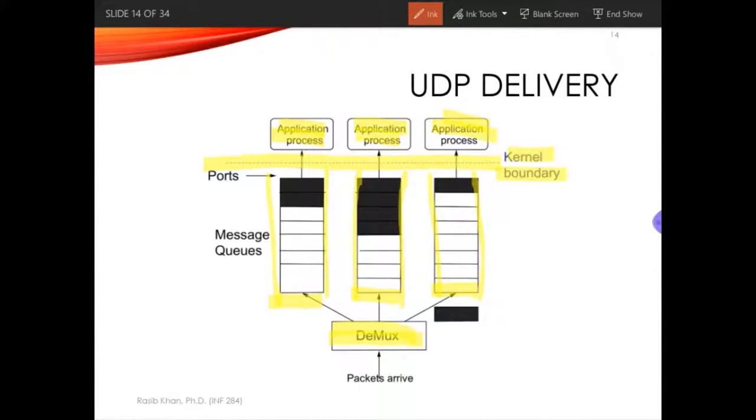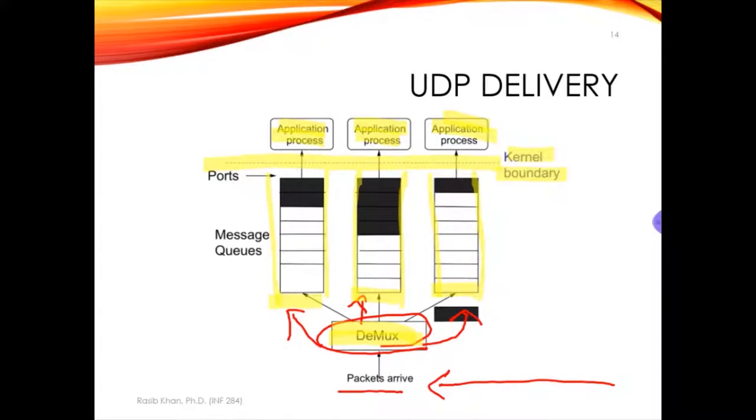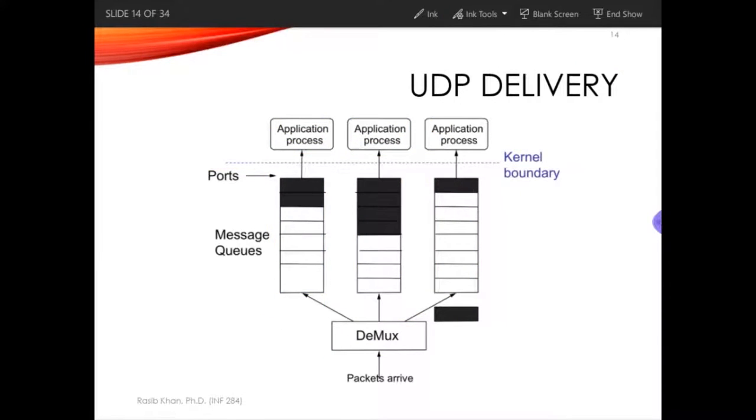So when a packet arrives into the host from the network, it goes through the interface, goes through the link layer, the network layer, and the packets come into the transport layer. And the transport layer first tries to identify each of the segments and then places them accordingly into whichever port the destination is specifying. And that is why the overall process, we can consider this to be very fast,